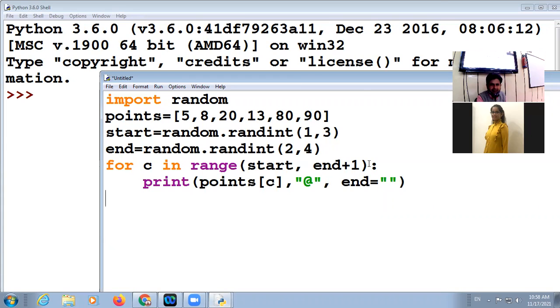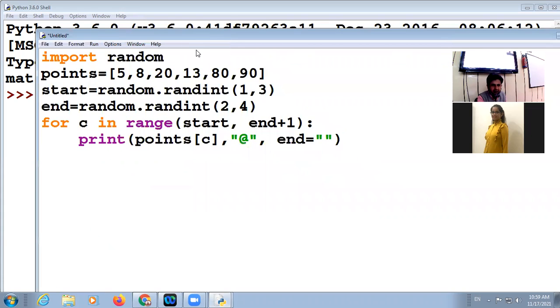Now the expected outputs are given here. Option A: 20 at the rate, 13 at the rate, 90 at the rate. Now option B: here is 13 at the rate.